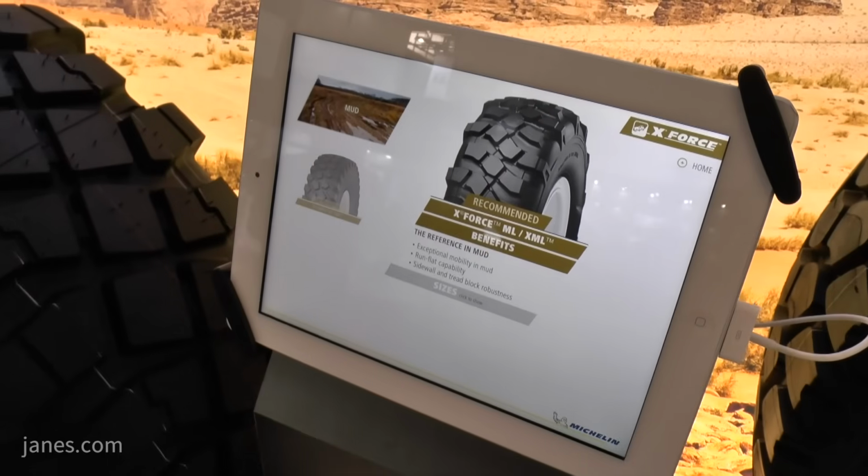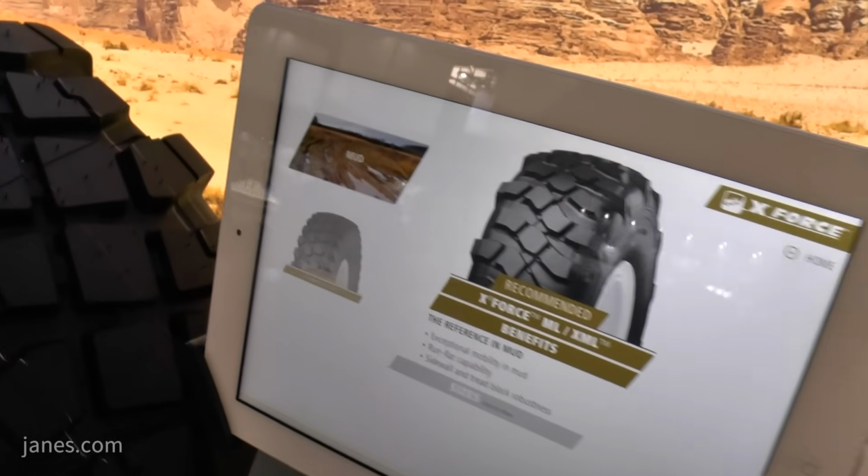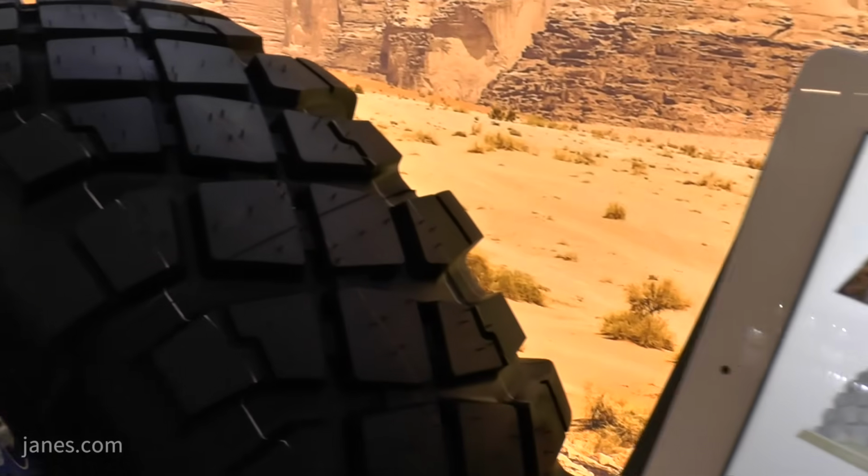Okay, Shaun. Michelin's a bit unique in that we have 4 different offers for the military customer, not just one tyre that does everything. We have a specific tyre for sand, used mainly in the Middle East, called the X-Force S, with a very wide tread pattern, capable of swimming over the sand, as it were. We have a specific mud tyre called the X-Force ML, which ensures absolute mobility in Central European conditions, wet conditions,